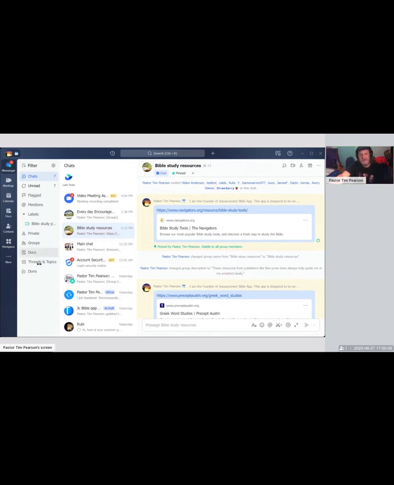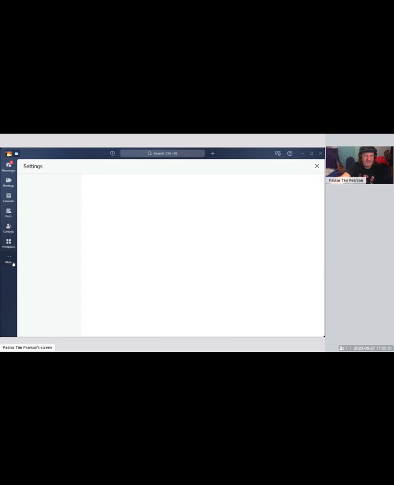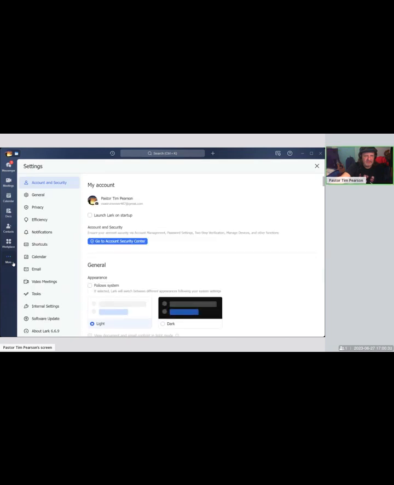So if you look at what you're going to get out of Lark, I don't think that from a customization standpoint, it looks that bad. I mean, you can put your brand up here, and I don't know if we looked at that, but you can go into the settings and change some of the settings.